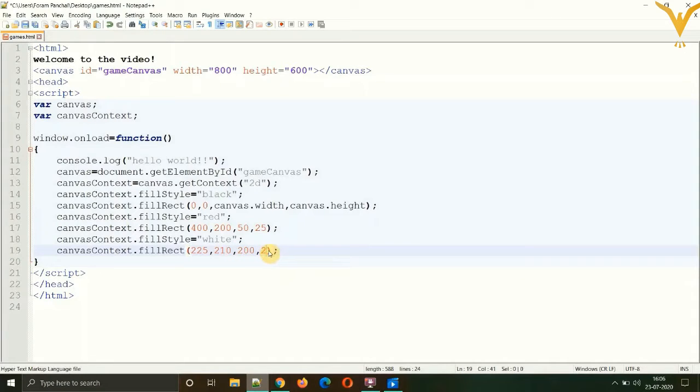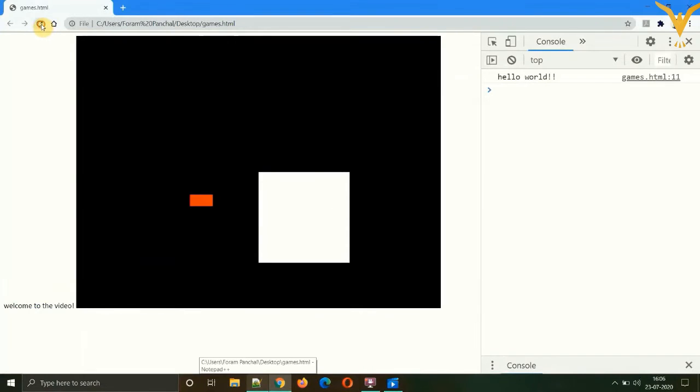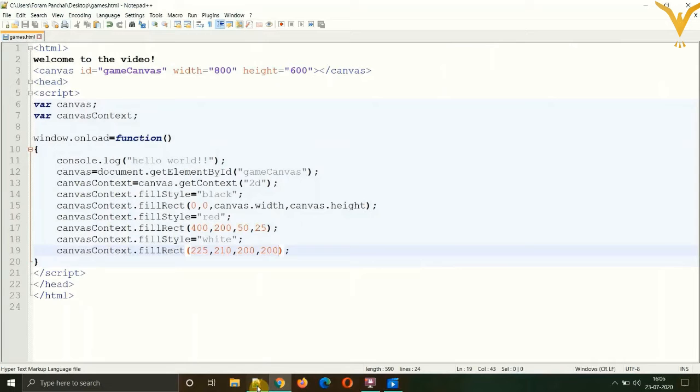Save and refresh. So now here you can see the red rectangle is behind the white one because we created the red rectangle first and the white one after that.